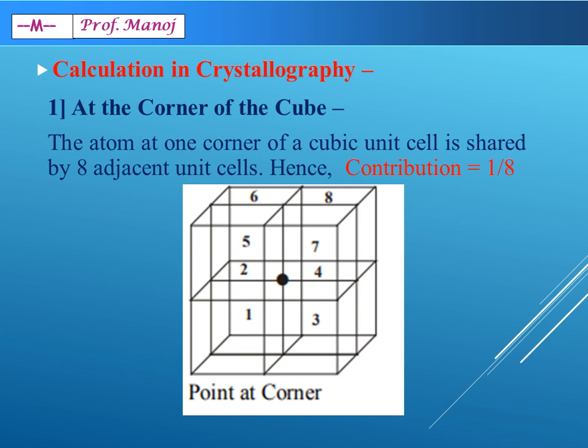We feel that atom belongs to unit cell number 1. But if you see a broader view, that atom belongs to the corner of unit cells 2, 3, 4, 5, 6, 7 and 8. That means how much part is present inside unit cell 1? Only 1/8. This is something like the way we divide a pizza. A pizza seems to be only one, but it's divided in 8 parts, and perhaps one person can get only 1/8 of its share. Remember, an atom at the corner has contribution 1 upon 8.